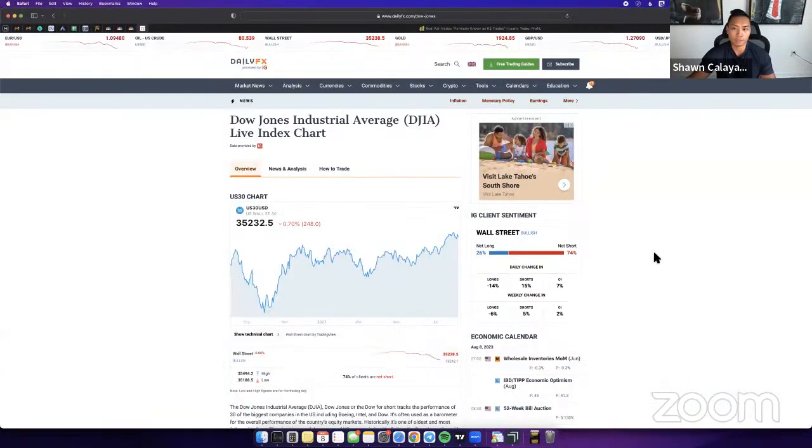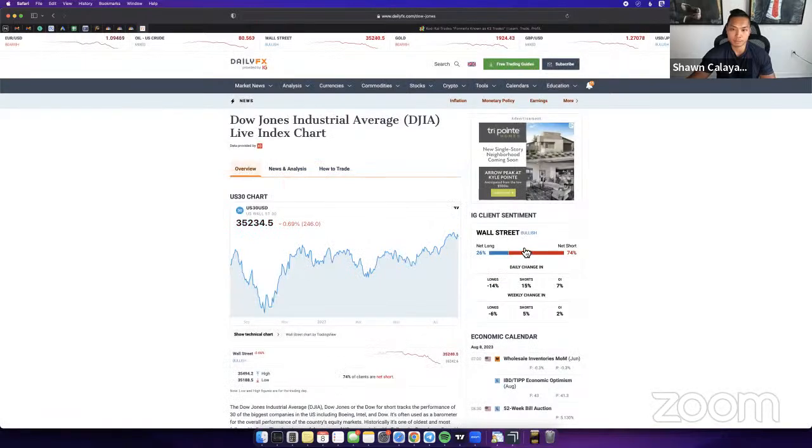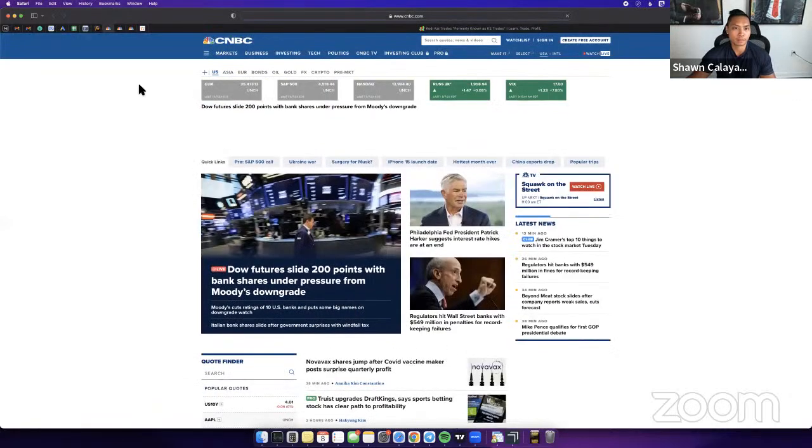Looking over here at retail sentiment, it is currently 74% short, so it's not as strong as it typically was before, but it is still bullish here. So with that said, there's a mixed bias, right? Trend is bearish neutral. Sentiment here is bullish neutral, or more on the bullish side. And then looking over here at the fundamentals, they are currently unchanged until market opens.